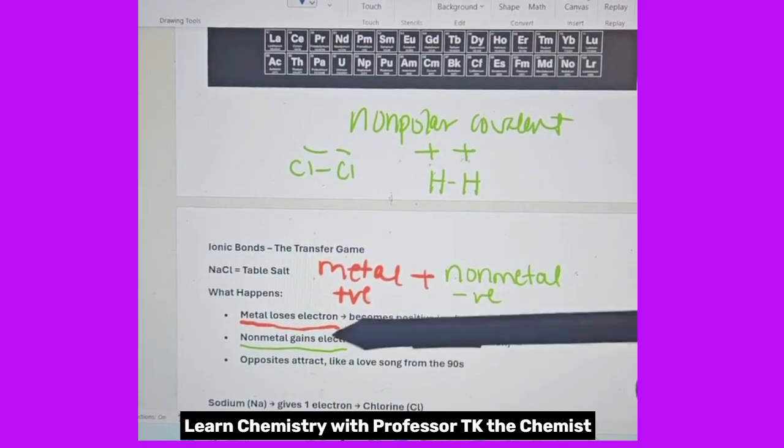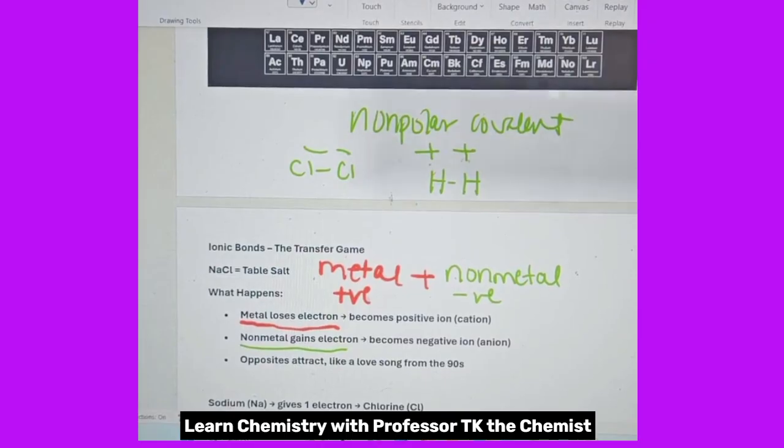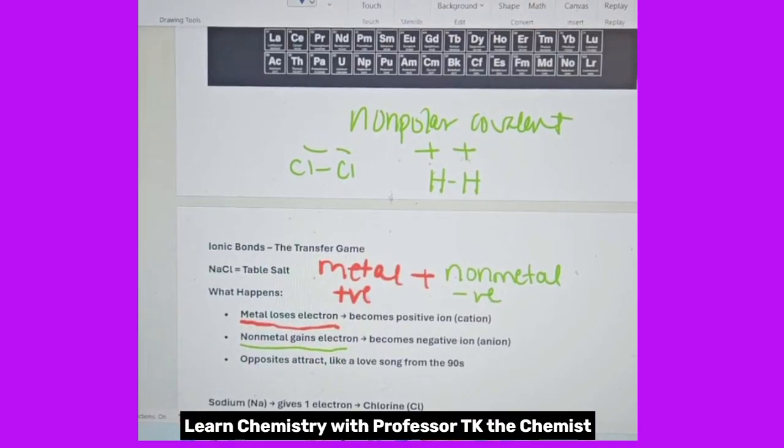So metals lose electrons. Nonmetals gain electrons. Now, because they are opposites of each other, that's what you have to remember, okay? If they are opposites, that's an ionic bond. Think about the word ions. Look at the prefix in that word, ion. That means ionic charge, okay? So as an example, left and right, up and down, apple and orange, boy, girl, man,